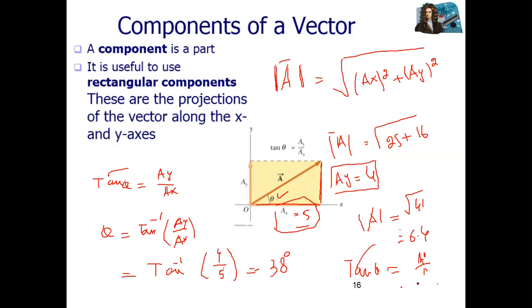When you transfer this one, it will be divided by tangent, correct? When you take the inverse of this one, the power will change. The power will be tangent minus 1, the plus becomes minus, correct? And there is no other way. Why do we use tangent here? Because these two sides are given, only the vertical side and horizontal side, and tangent is the ratio of these two sides, vertical and horizontal. So the only way of taking the angle is by the tangent theta value. Correct? I got it, Professor.